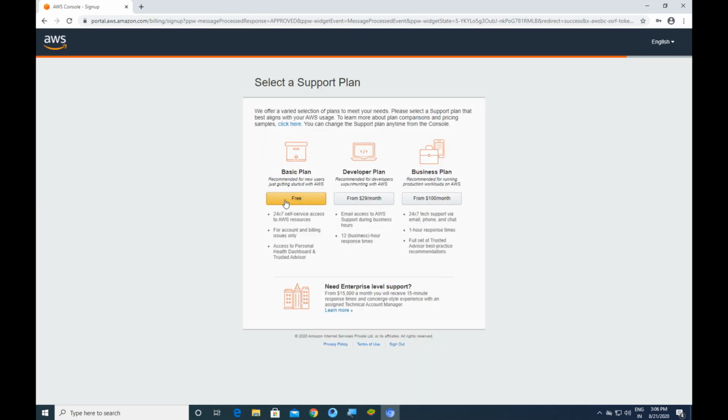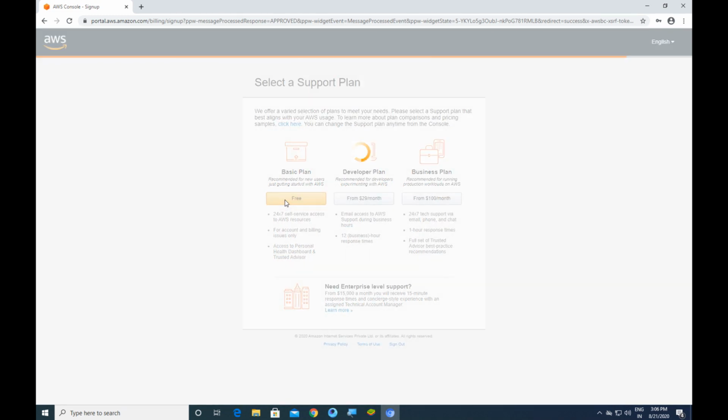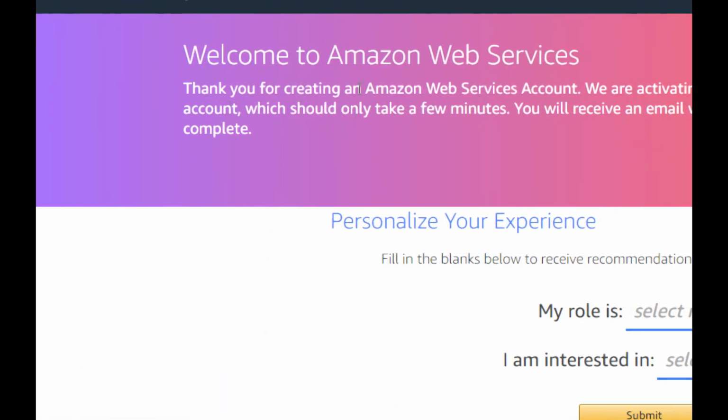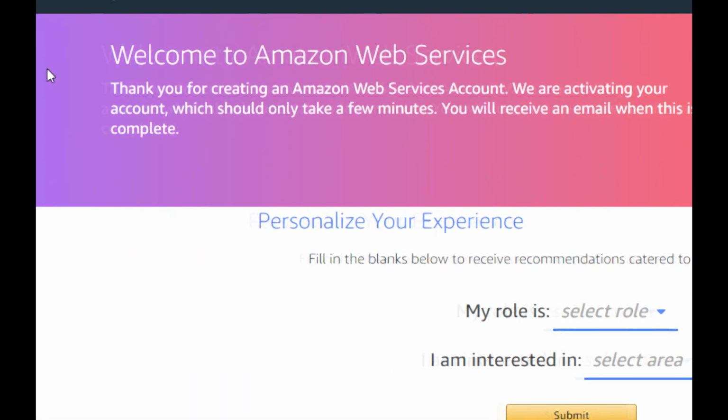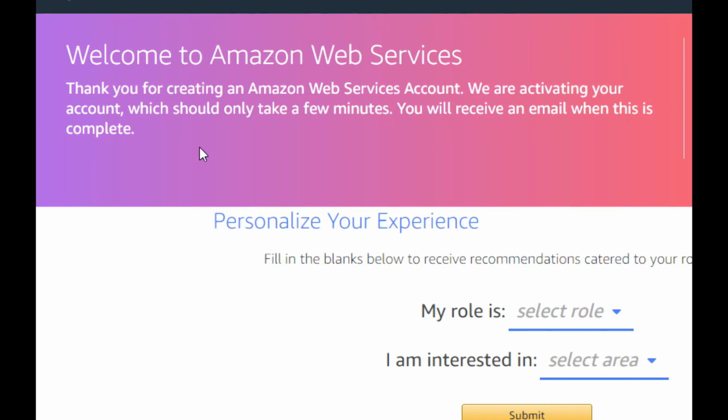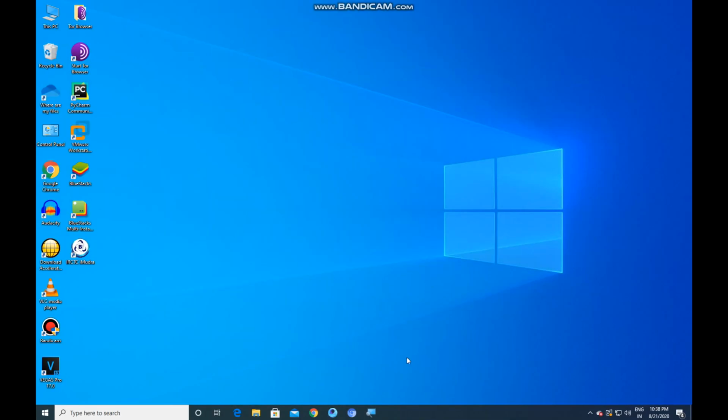Guys, after completing the sign up, AWS will send you an email that your account has been successfully created. After 1 or 2 hours, you will receive a mail that your account is ready. So please wait for that mail, and after receiving it, we can continue further.